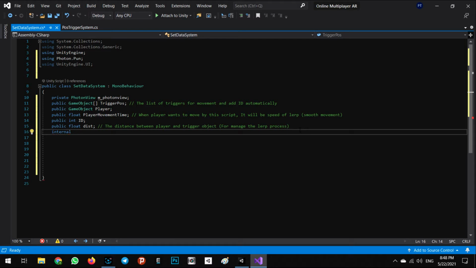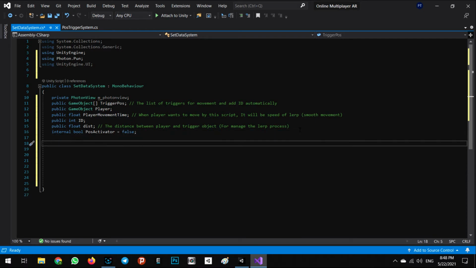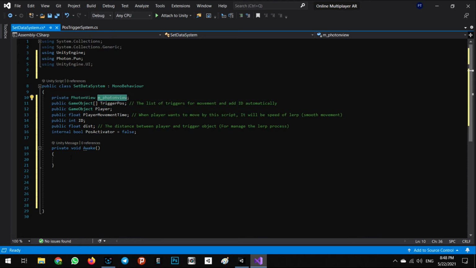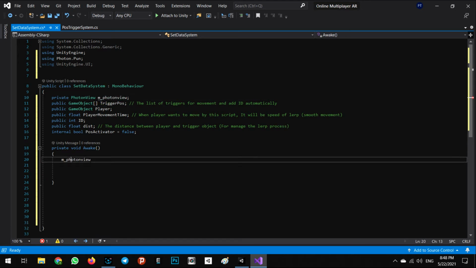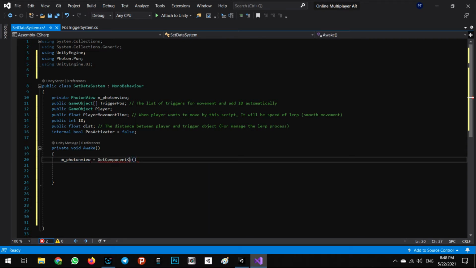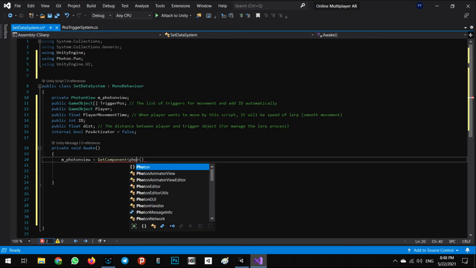internal boolean pose activator equal false. Okay, let's make the void called Awake. At first we need to put the variable in here, and we say okay, get component PhotonView,